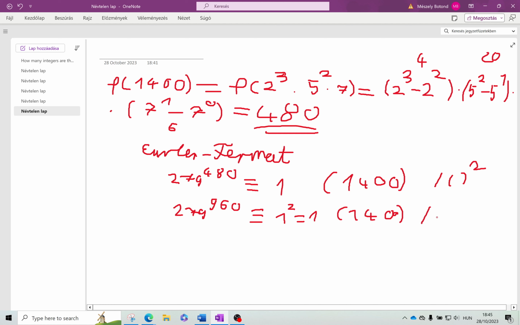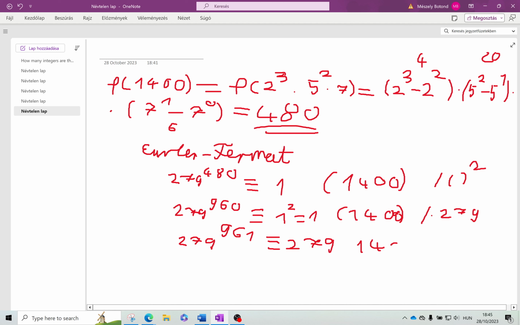Now we can multiply it without any problem. So let's multiply it by 279. Thanks to that we get 279 to the power of 961, because obviously 279 to the power of 960 times 279 is just adding 1 to the power, and 1 times 279 is 279